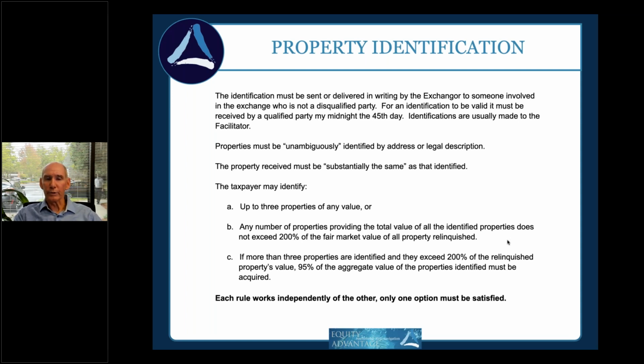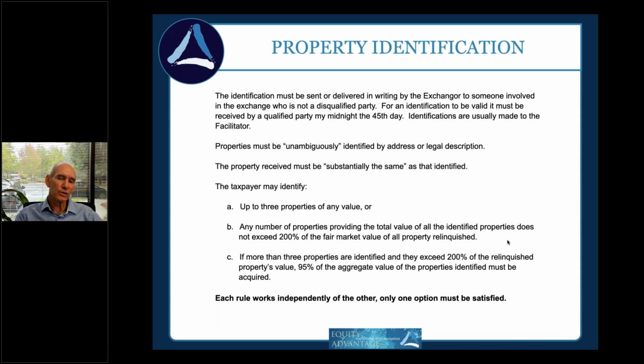What's the property worth? I mean, it's not like it's worth what it's listed at. It's a meeting of the minds, highest best use. So keep in mind that a property does not have to be listed on the market to be identified. You're just going to give typically what the government would deem an unambiguous description, which could be a common address, including city, state, and zip.